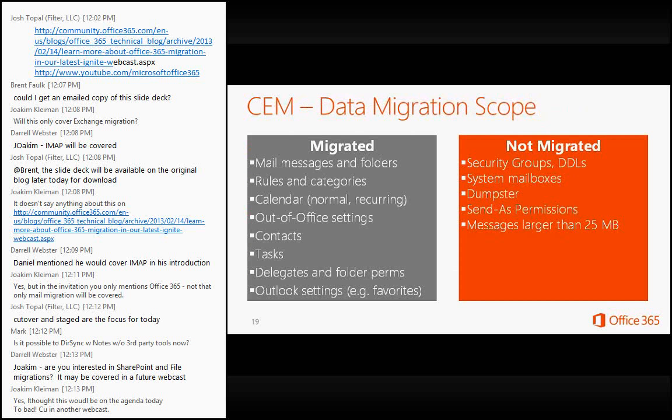So the scope of the cutover migration, we've got a fairly extensive list of what's migrated, i.e. what's in scope, and what's not migrated, what's out of scope. So I'll just run through the list essentially. What would be migrated as part of the scope would be what's on the slide already, but also things